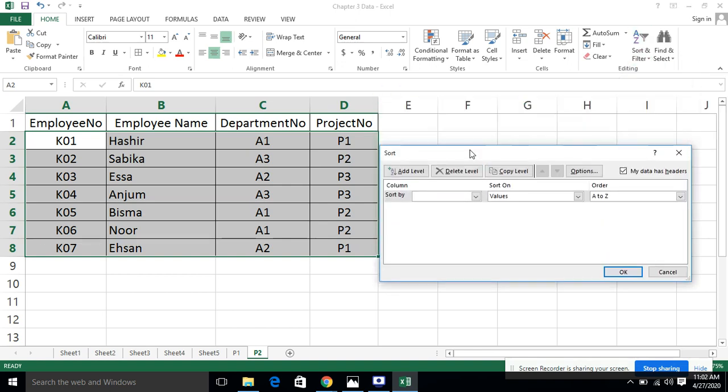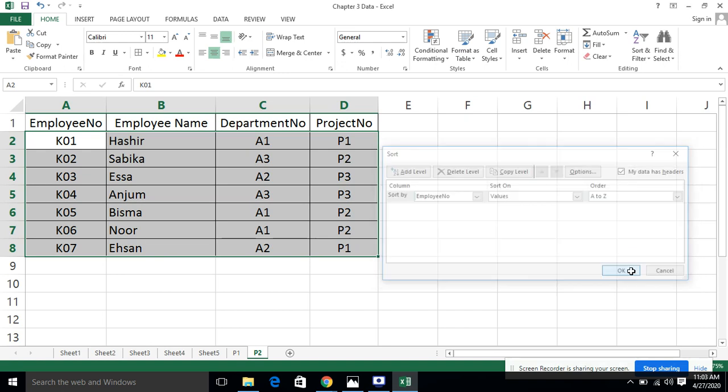On which column do you want to apply the sorting, custom sorting? This is department number, so we will select that. We have to apply values A to Z in department number. A to Z means in ascending order. So we have to apply the sorting in ascending order, and when we say OK, you will notice